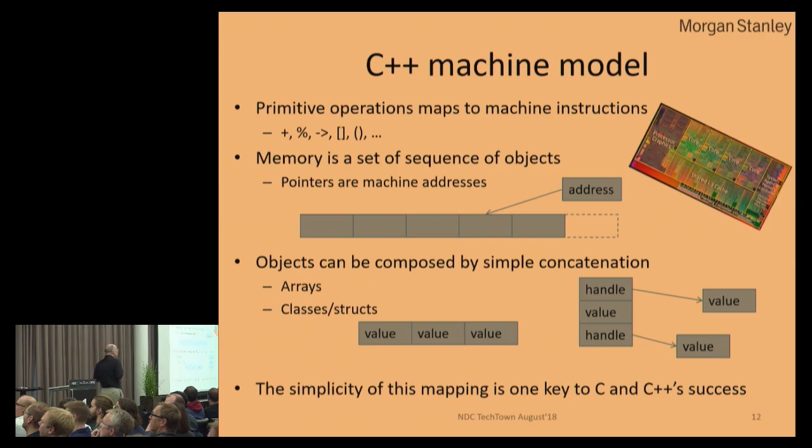C++ has a machine model that it shares mostly with C that basically says we map straight to hardware. Hardware is right there. If I do a plus, I get the add instruction. If I want to access memory, memory is just a sequence of objects, a sequence of bytes usually, and you can point to it with an address. Very simple. And if you want to build something higher, you can stick objects of the same type next to each other and call it an array. And you can stick objects of different types together, and you can call it a struct or a class. And in C++, a class and a struct is roughly the same.